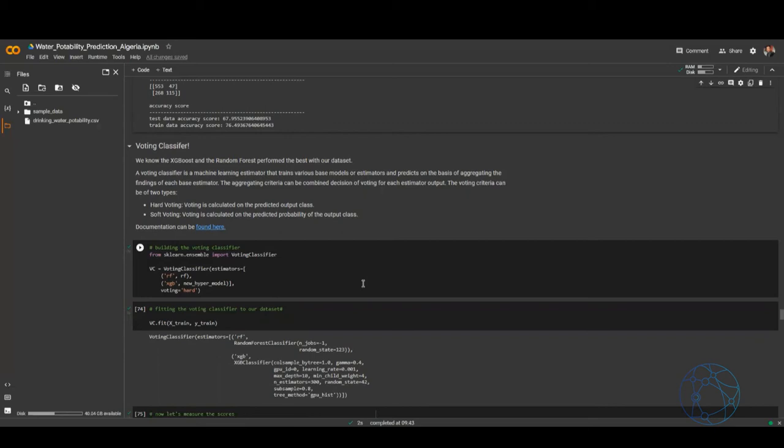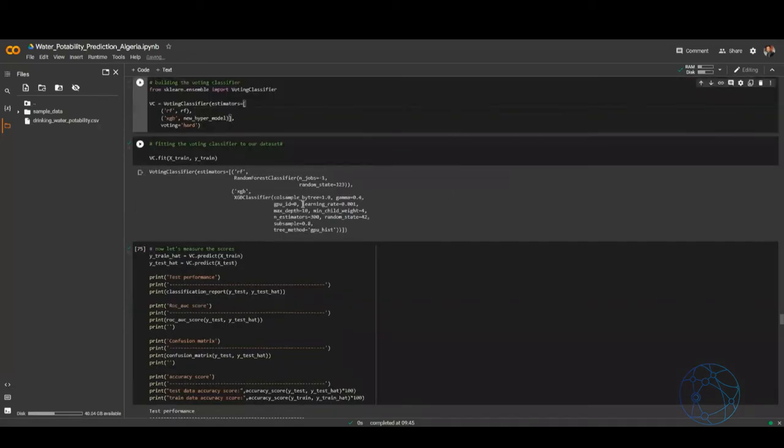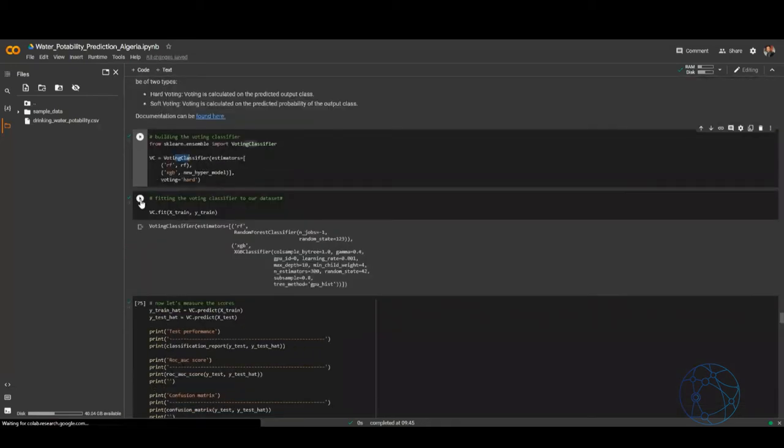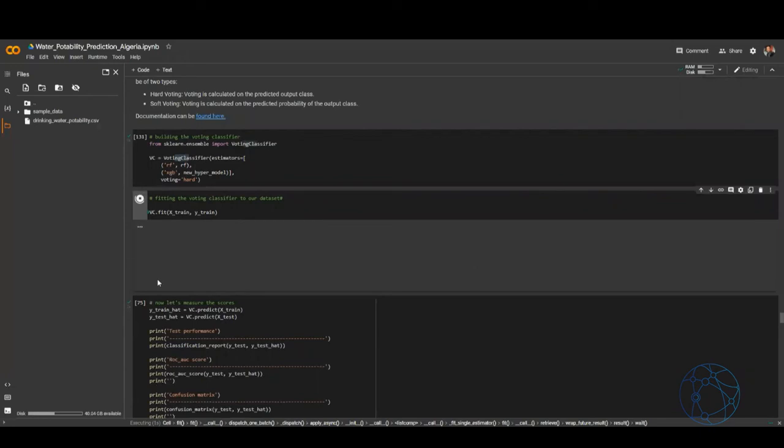And we know the best performer models are the random forest and the hyperparameter-tuned XGBoost classifier. So we can run that, and what we're doing is stacking them together. We're inputting a list of tuples into our voting classifier instance, and then we fit it to the train data,